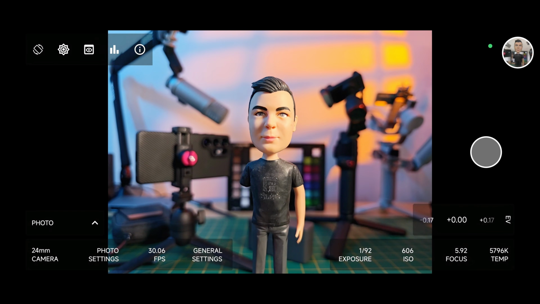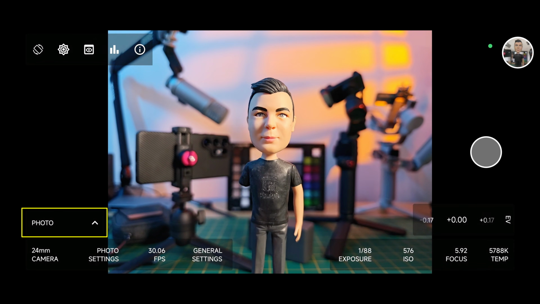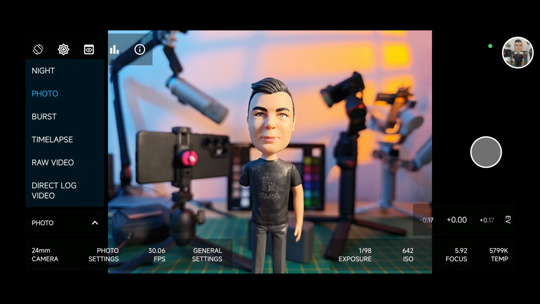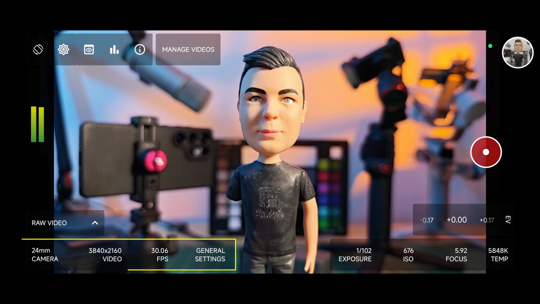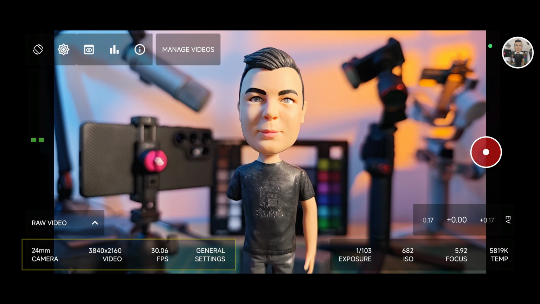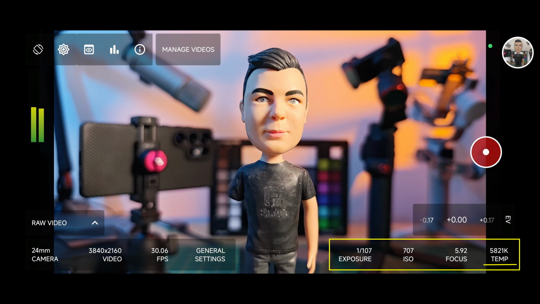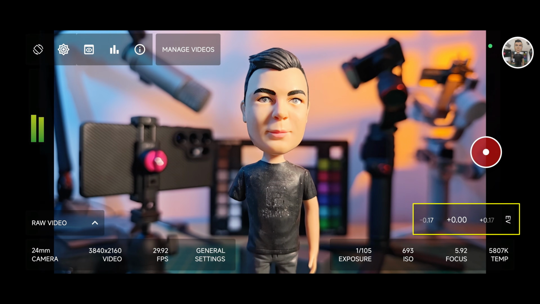Now let's start by taking a brief tour of MotionCam Pro's interface, starting with the mode selector in the lower left. This is where you can choose one of MC Pro's 6 capture modes. For this tutorial, we're going to set this to RAW video. Running along the lower left are settings for camera, video configuration, frame rate, and general settings. In the lower right of the interface you have your exposure, focus, and temperature controls, with an EV slider directly